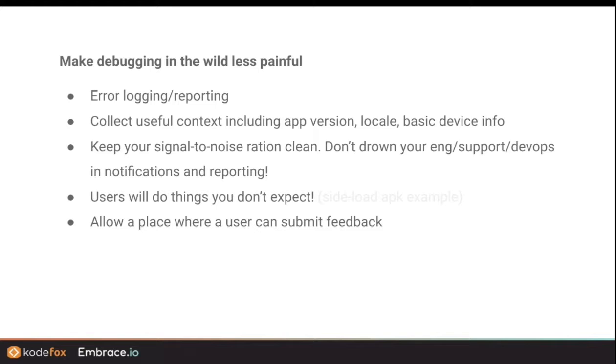And then, maybe one interesting thing that you don't always think about is that users will do stuff you really don't expect. My favorite example of that is, when I was at YouTube, we had bug reports or error reporting coming in that was absolutely not reproducible. It was only happening on Android. It was a very small percentage, but an extremely steady percentage of devices that were getting these errors that we couldn't even track down to a place in code. It didn't even match up with a spot in code where things were going wrong. Line numbers weren't even there. We didn't have enough information. We couldn't figure it out.